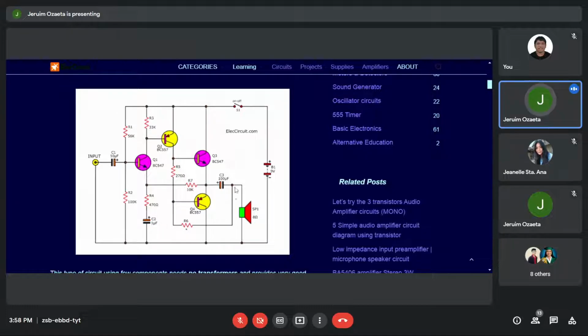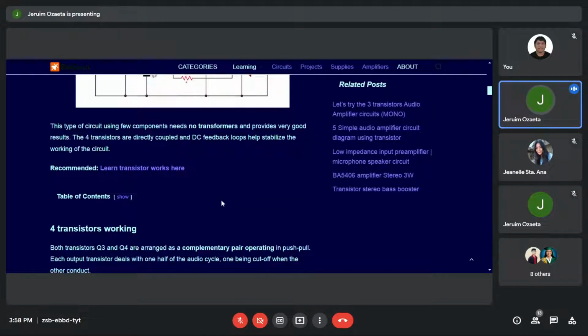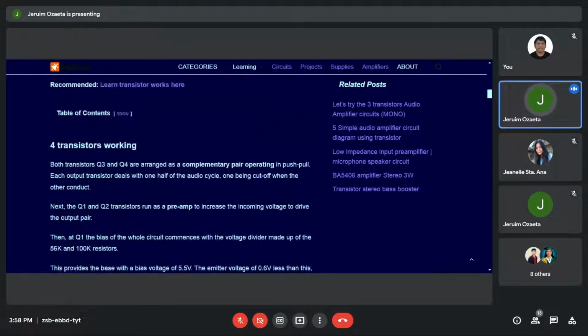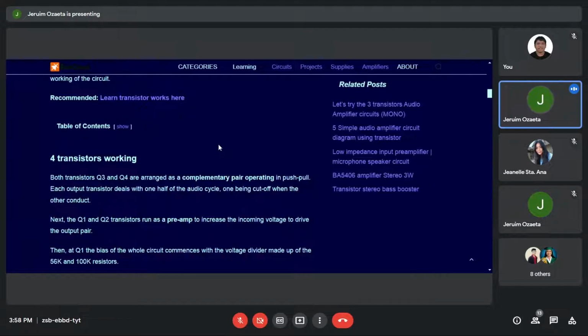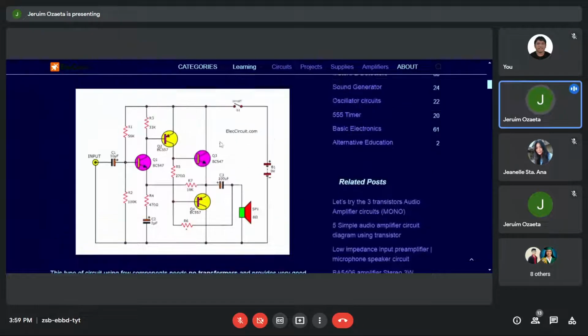Pag tinignan mo actually, by the time that this becomes positive, so there is a positive value here. Mangyari, magpa-positive ito, magre-reverse bias ito. So this will be non-conducting. Kapag nag-negative ito, ano mangyari? Negative, pupunta doon. Pati mag-negative doon. So you can read, you can search for this. There are plenty of this in the